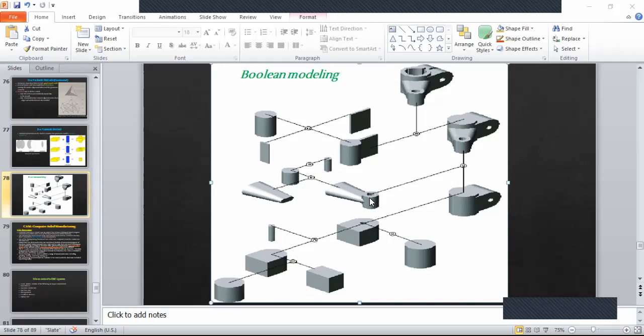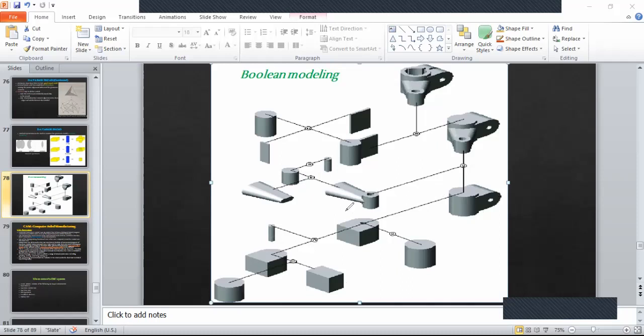This body, as I told you, right, each assembly will have sub-assemblies. So to get this body, you had a different tree altogether. Just as you had for this component to be created, you had this tree.